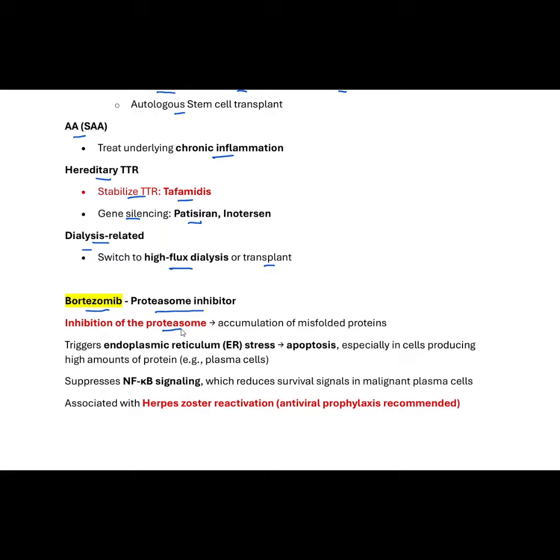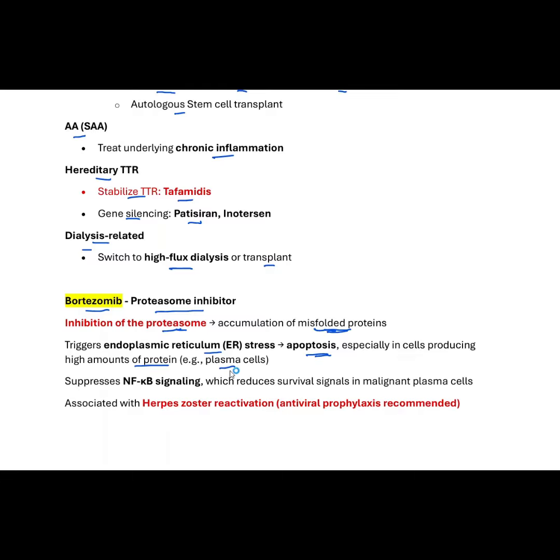By inhibiting the proteasome, right, that will lead to accumulation of those misfolded proteins. Remember, we mentioned the job of the proteasome in the previous lecture, which is where we destroy proteins that are ubiquitinated. So if you ubiquitinate any protein, that means they are destined for destruction in the proteasome. So by inhibiting this proteasome, that leads to accumulation of misfolded proteins. And because of this accumulation of misfolded protein, this is going to trigger apoptosis, right, by activating the intrinsic pathway. So this triggers endoplasmic reticulum stress, and that leads to apoptosis, especially in cells producing a high amount of protein,